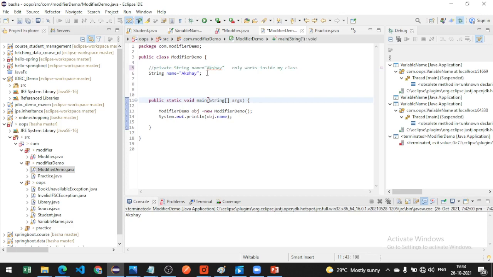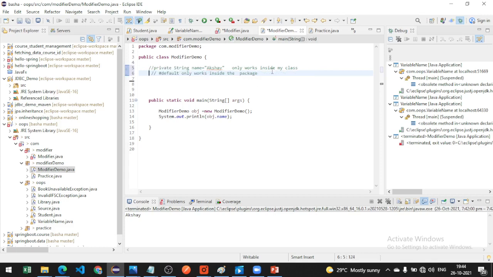The default modifier only works inside the package, not outside my package. Now I want to erase this one.